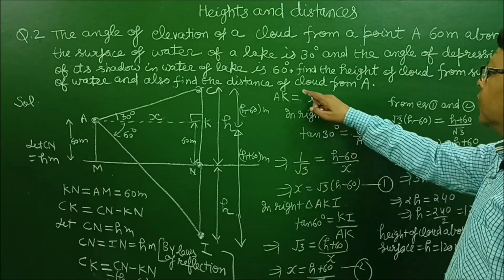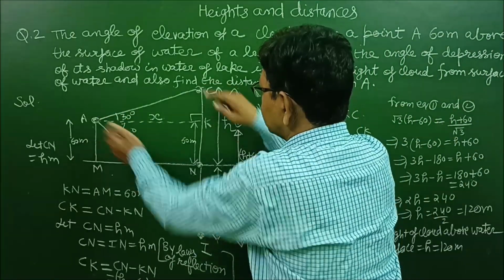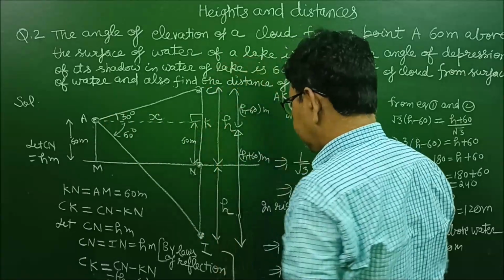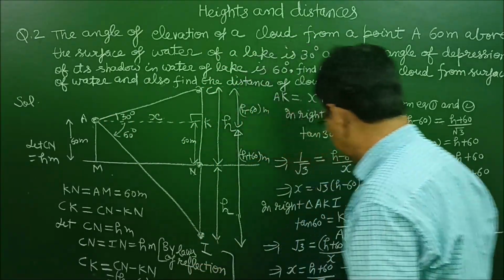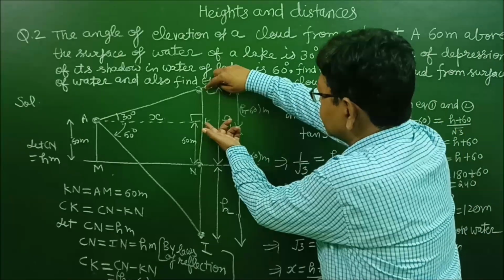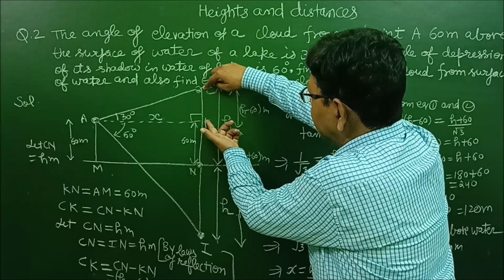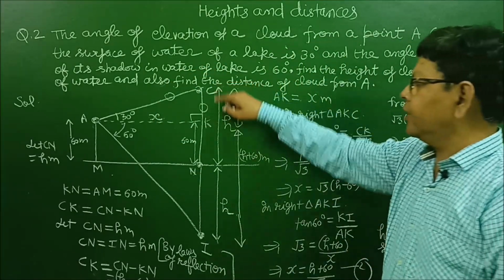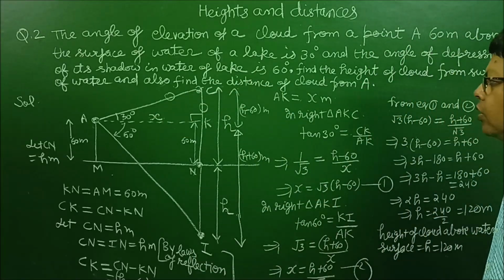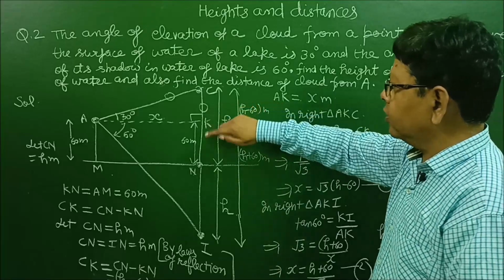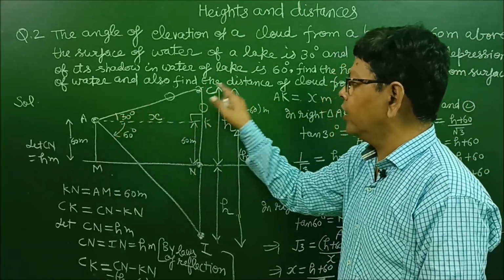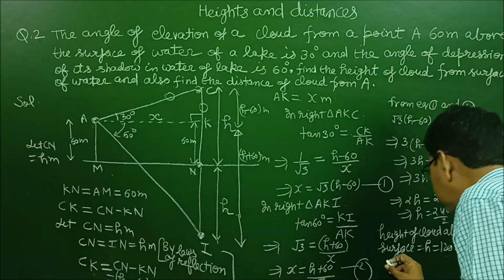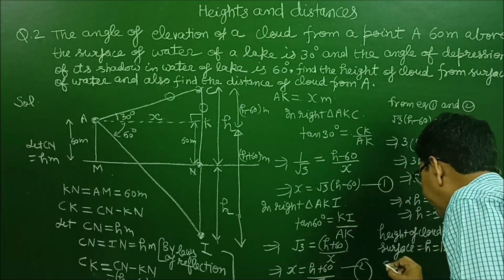Now we also want to find the distance of the cloud from A, that is, the distance AC. We are also interested in distance AC. CK we can calculate. CK is h minus 60, and h we have already calculated. So you will get the CK distance as well, and we have to find AC, which means these two sides will be involved. So here we should take perpendicular and hypotenuse as involved. Looking at the known and unknown, we take the trigonometric ratio. This is your known and this is your unknown, so here you will take sin theta. Sin theta is perpendicular upon hypotenuse, that is sin 30. So CK, if we want to calculate CK, then sin 30 degree